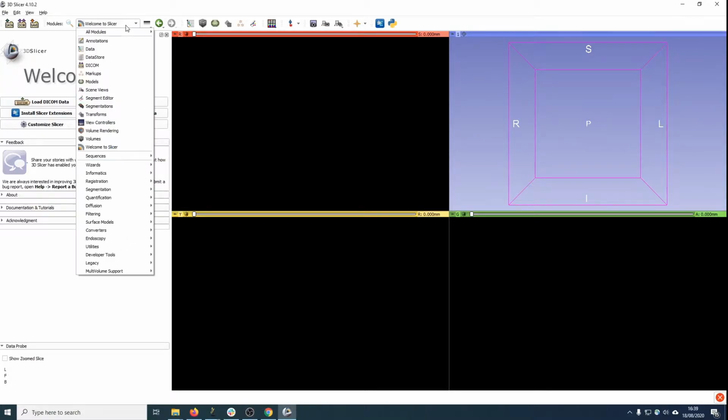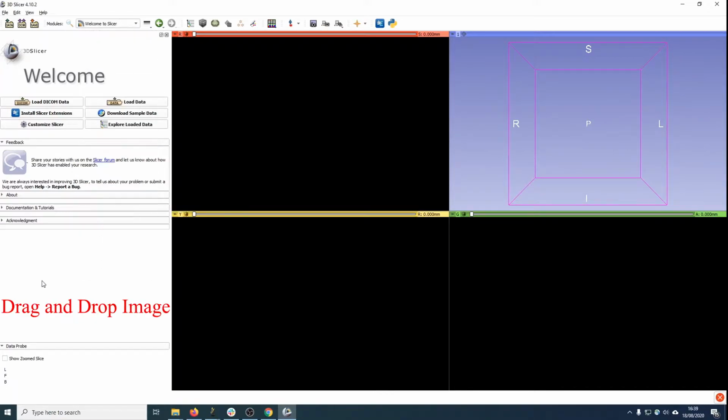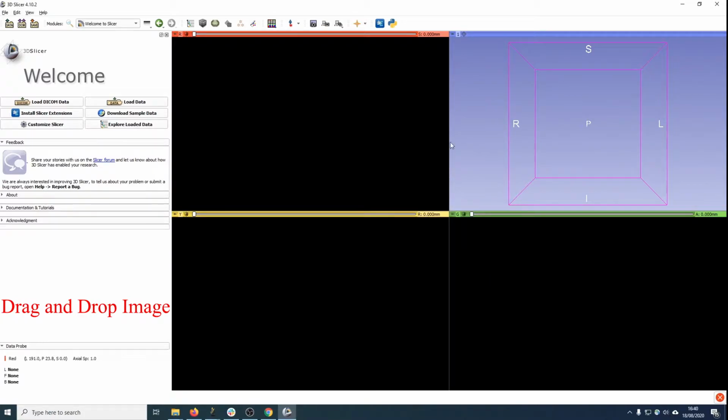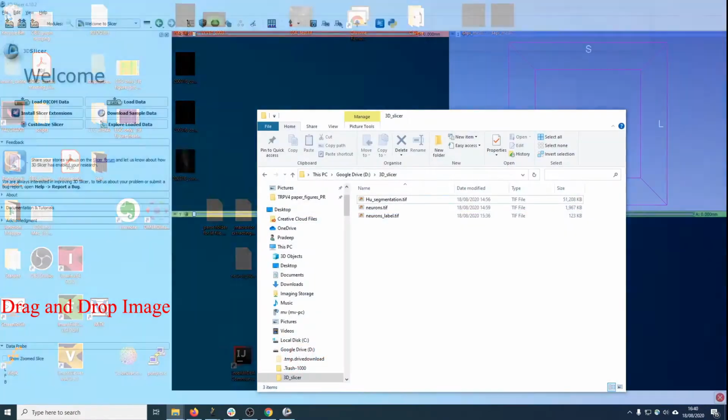And if you want to go through different menu options, you can just click this drop down menu, and you'll get the different options and access to different tools. And if you want to open the data, you can use this add data option, and you can import data like this. Or what I like to do is I just like to drag it in. So let's open the window,